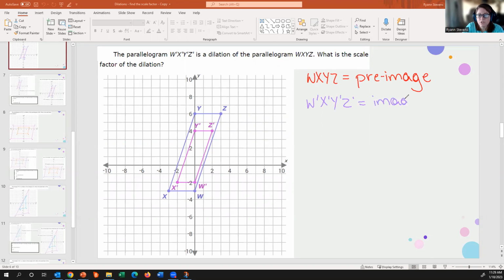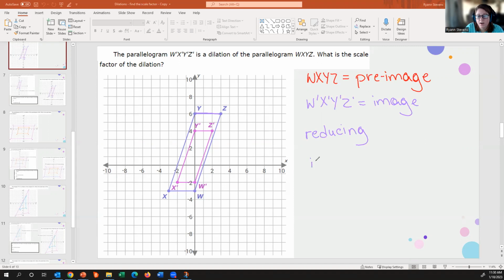And when we look at this, I want you to just take a minute and look to see, when we go from the pre-image to the image, are we making the pre-image bigger or are we making it smaller? Okay, and that's going to tell you a lot about whether you're dealing with a scale factor of a whole number or a scale factor of a fraction. So when we look at this, we can see that the larger purple parallelogram is our pre-image, and then the smaller purple parallelogram is our image. So we are actually going to be reducing the pre-image